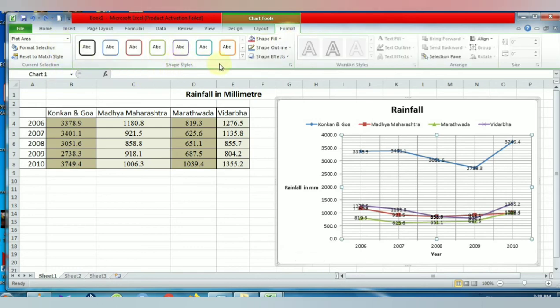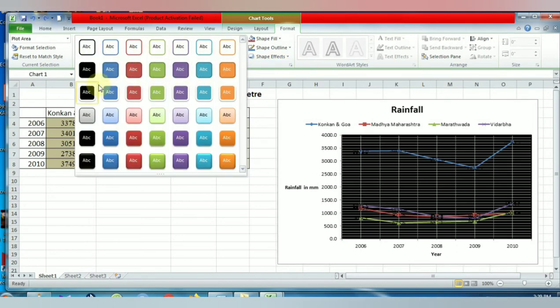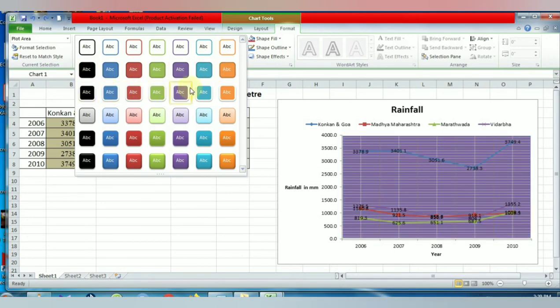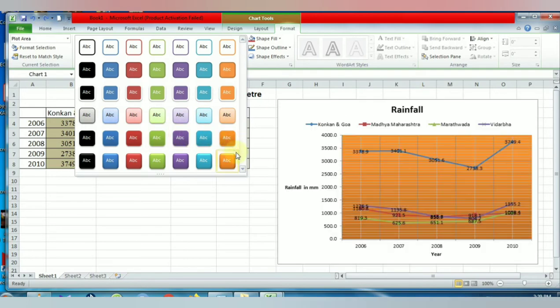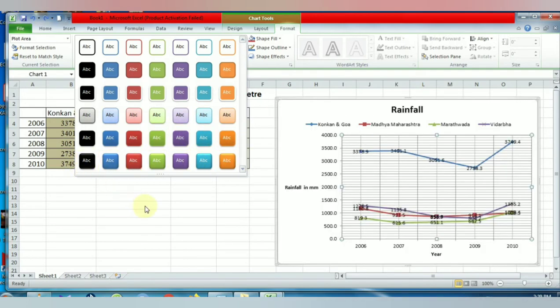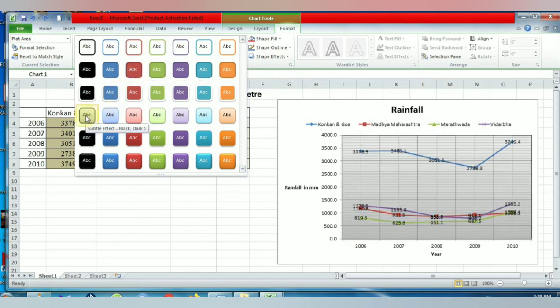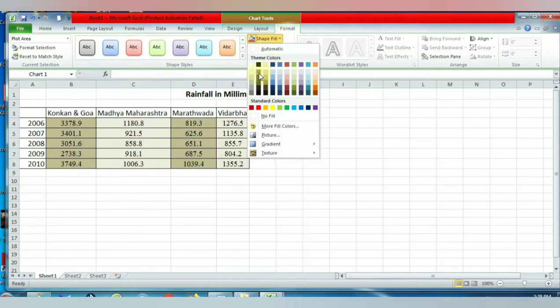Now we will quickly see the format menu. Under the format menu, we can select the area which we want to format. From here we can add the shape styles. Various shape styles are available here. We can see as we move the mouse pointer over these options, corresponding changes are made in the chart. Suppose I select one of these styles. Let us select this style.